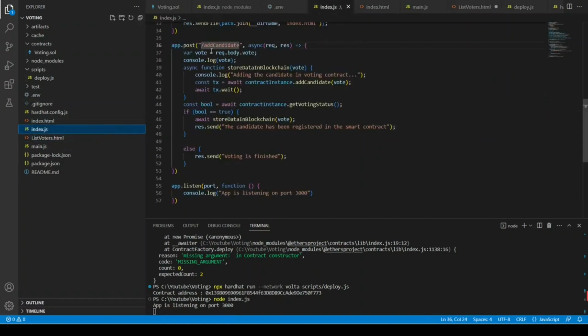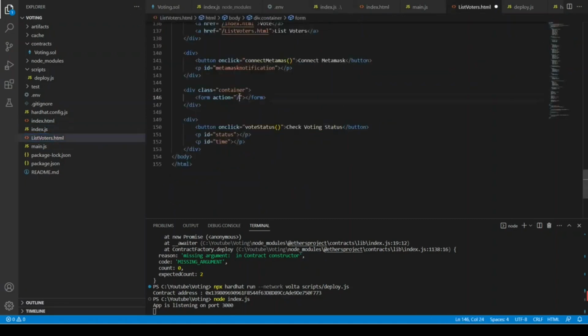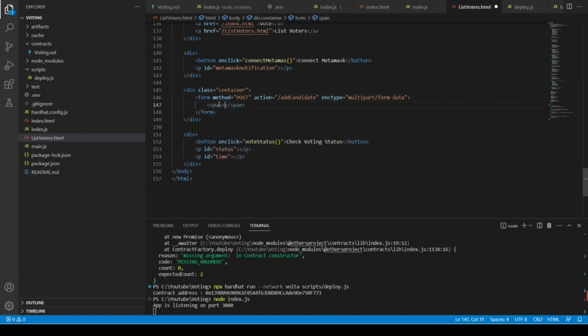Why is it not working? Add candidate, and let's go here. And the form, the method is post. No, the method is post, action is this, and enctype is multipart form data. And in the form we first have a span, add candidate here,